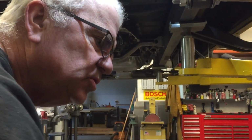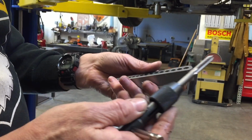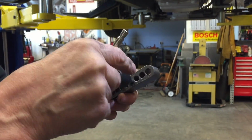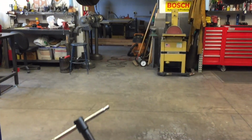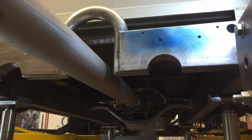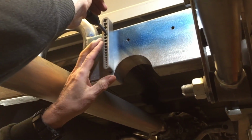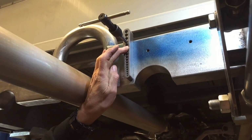Now I'm going to continue to use this drill guide, but here's what I'm going to do. I'm going to take my tap and I'm going to find the hole that fits it really good. Looks like that one does. 21/64. Okay. So same thing as I did before. I'm going to put some cutting fluid on here, and then I'm going to hold the tap in the hole. Slide this gauge up, clamp it,